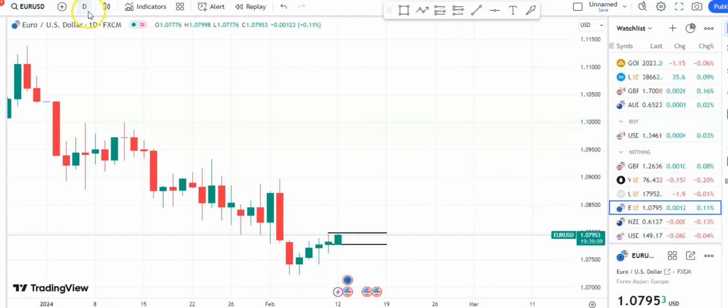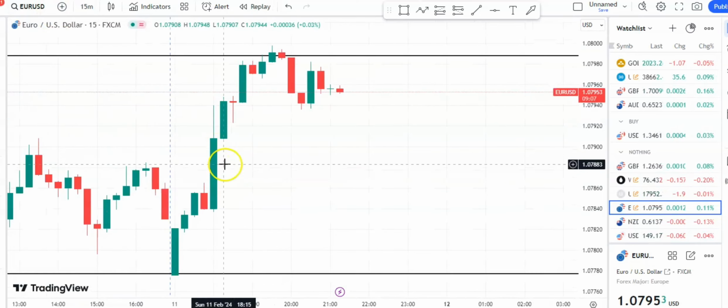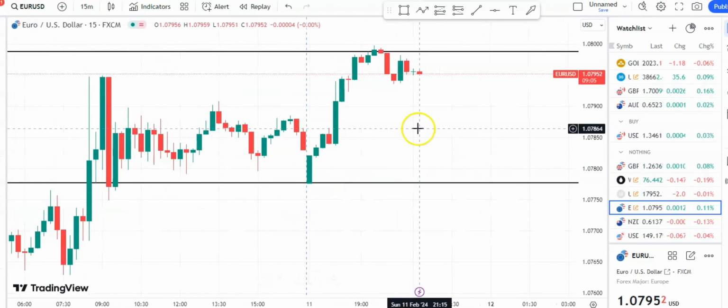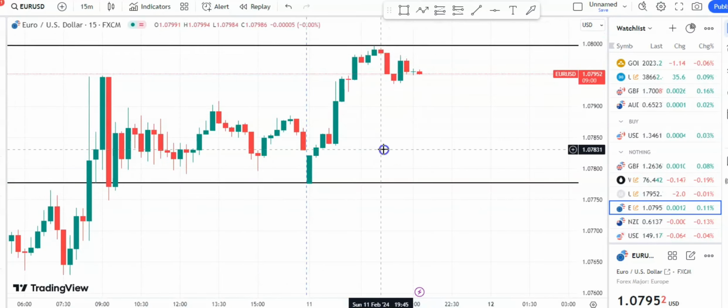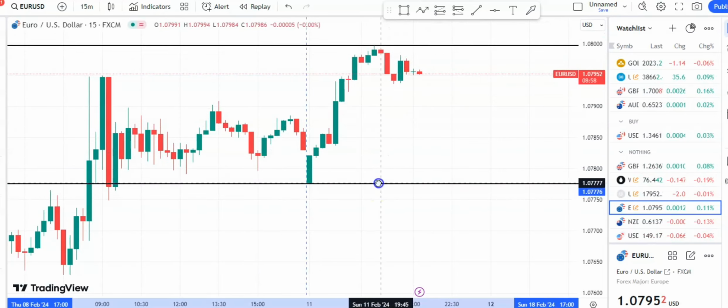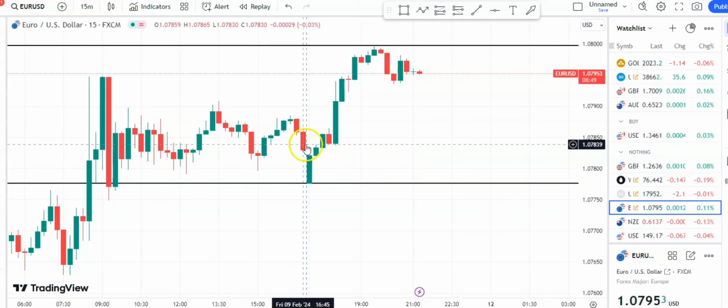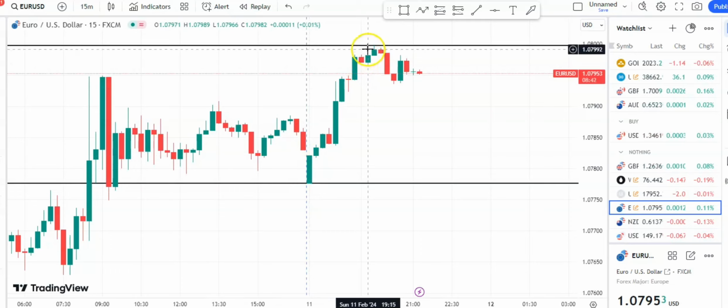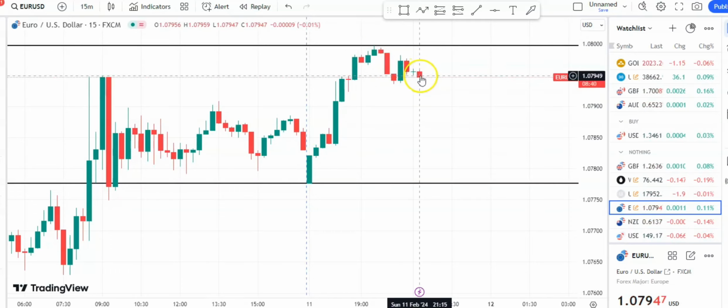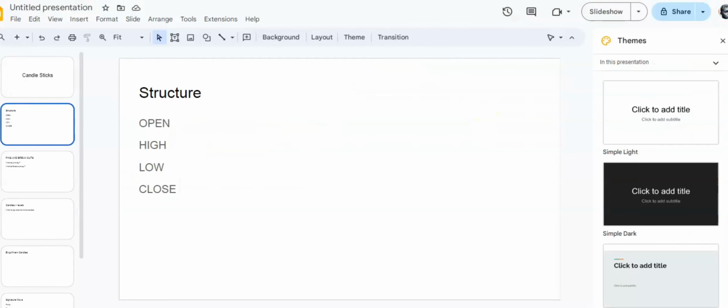Now, if you go to the 15-minute time frame, you can see the high is the highest point price has reached, and the low is the lowest point price has reached. So if you are struggling to identify the high of the day, low of the day, first look at the beginning of the day. And then think about that. We have the open, we have the low, we have the high, and now we have the current price action. Moving on,